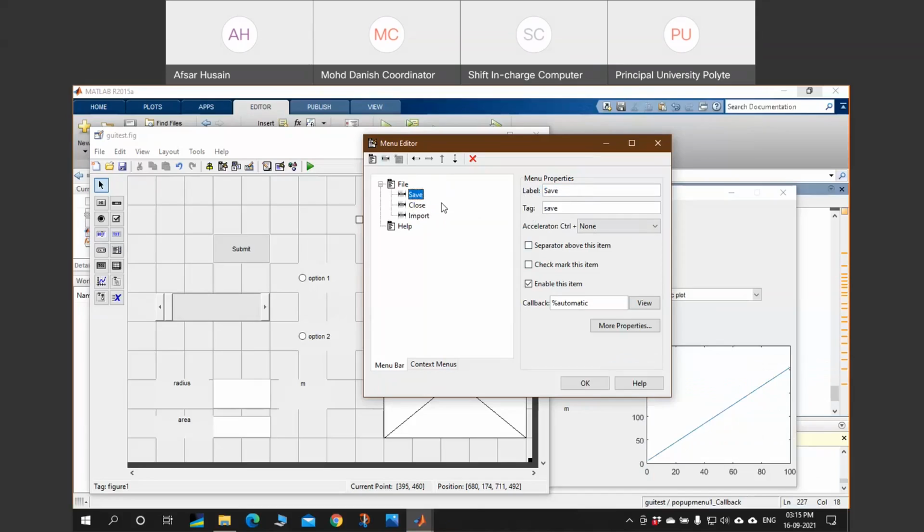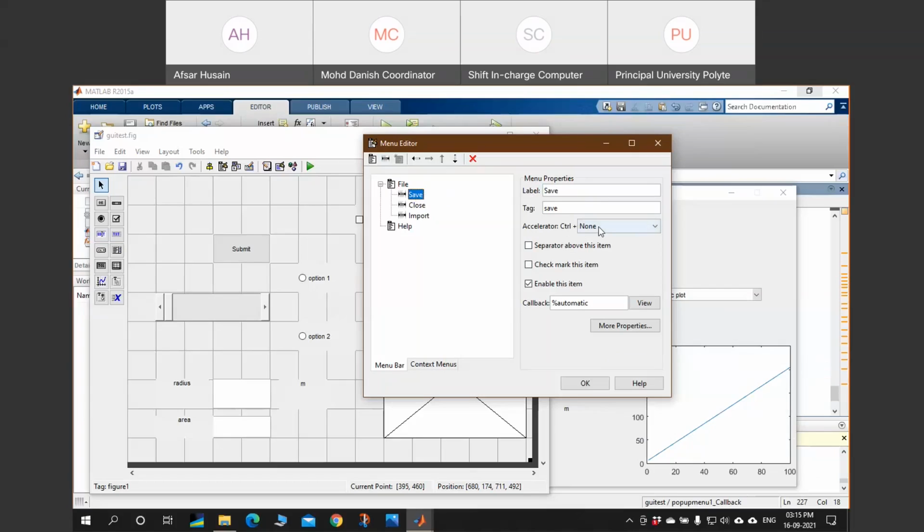Now also, I want the user to use the shortcuts. If suppose user press Control plus S, so Control plus S in many applications can be used to save your work. So I also want to provide that utility.